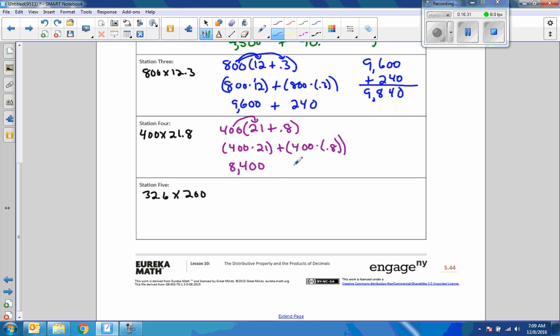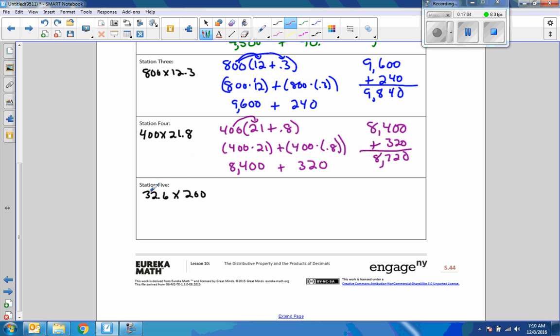4 times 8 is 32. But 4 times 0.8 is 3.2. The decimal 1, the decimal 2. 8,400 plus 320 is 8,720. Okay. And finally,